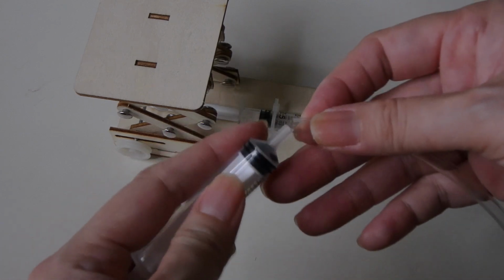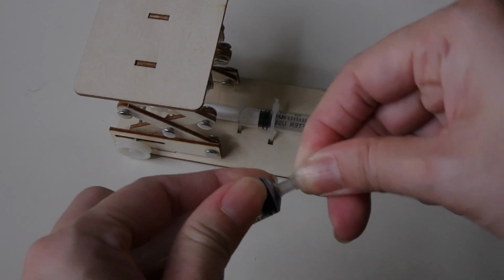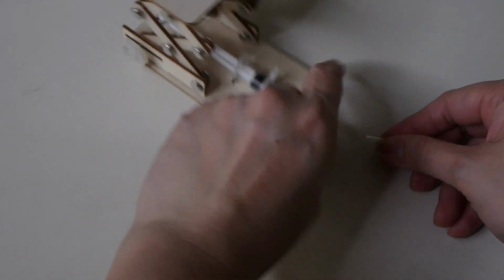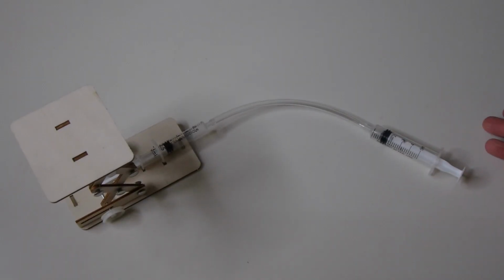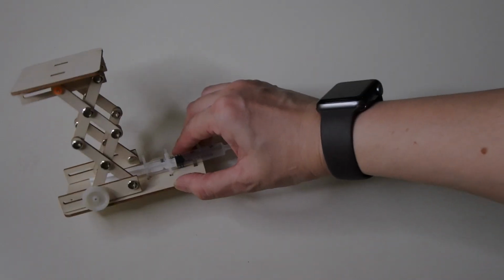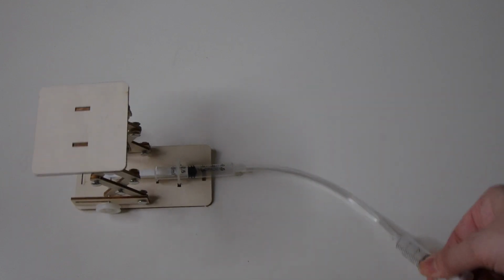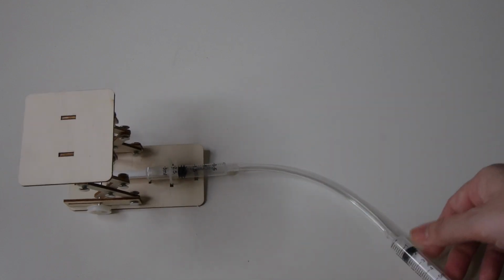So for the other syringe, what we're going to do is attach the hose to the 2 ends of the syringes. And there you go. We have the completed hydraulic lift with the syringes. But if you try to manipulate it now, it's not going to work. You can see nothing's happening, because for the